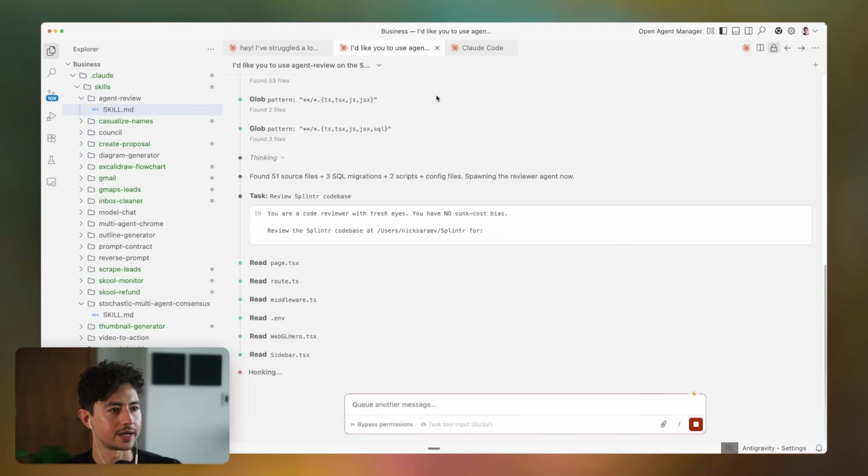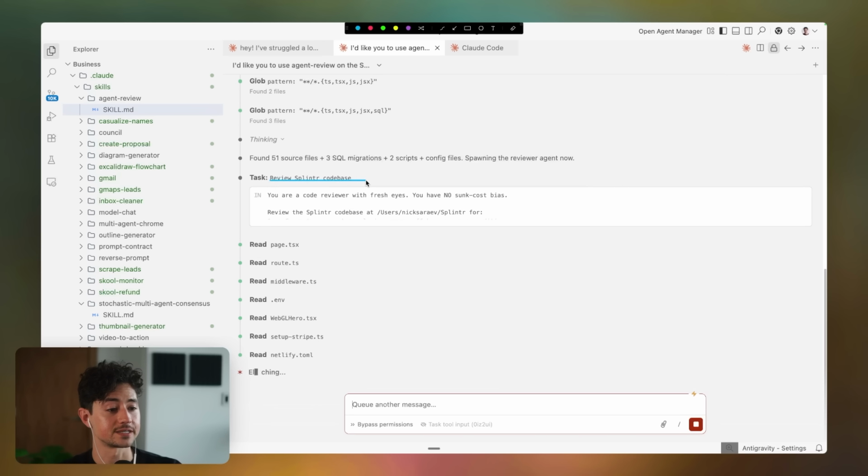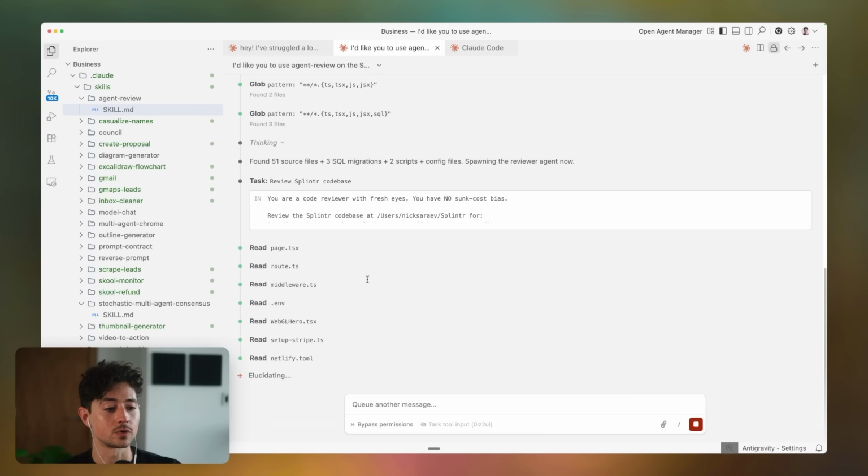Now, do I know how to do all this programming under the hood? No, I don't, but these agents certainly do. And so we can take advantage of that by having an agent with 0 context, this one here, review that entire workspace sort of independently and objectively. And now it's doing a bunch of reading, and it's going to integrate that with the suggestions of this model to give us a much higher quality output.